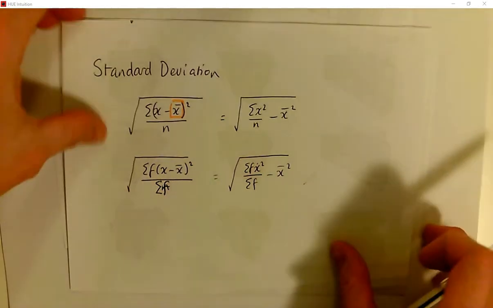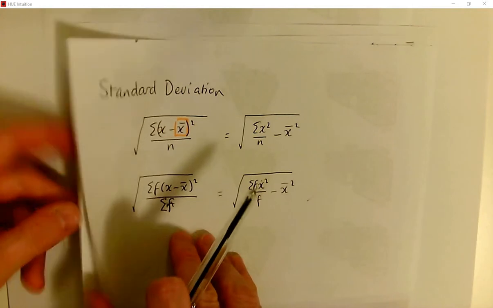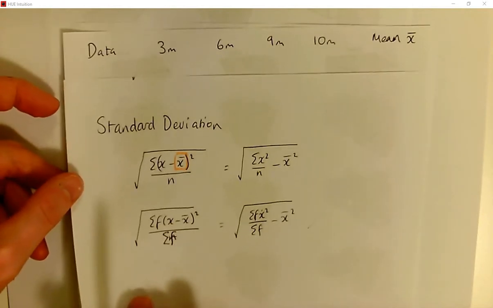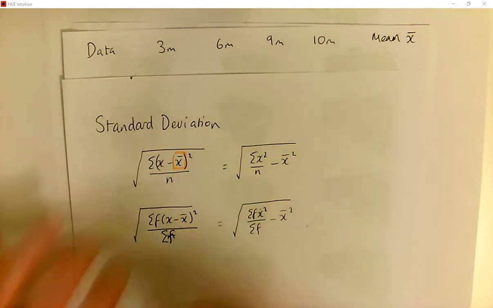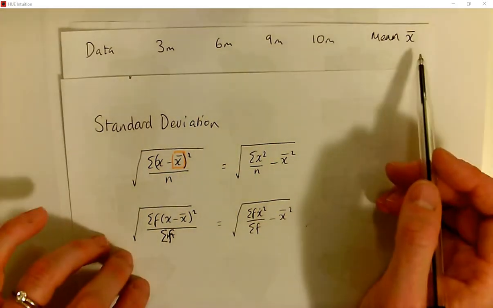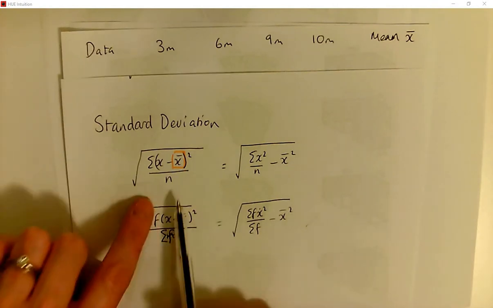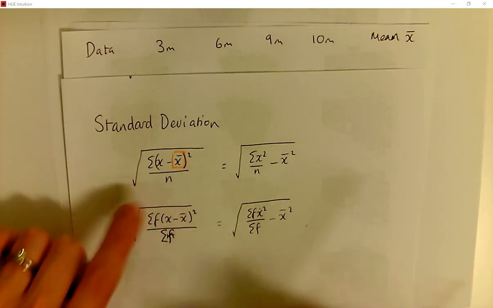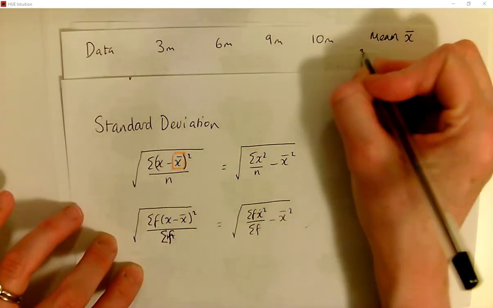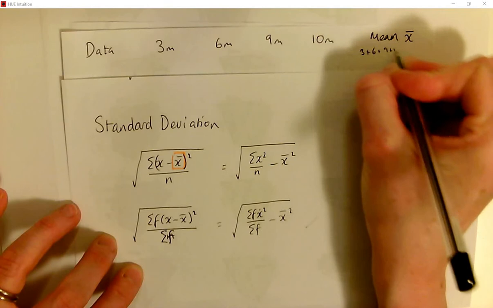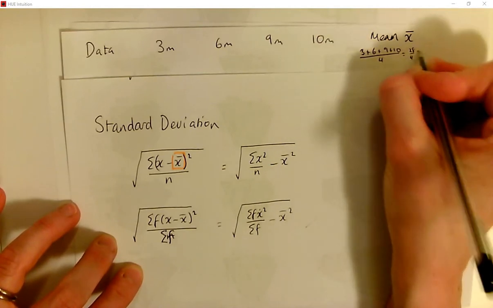Let's imagine we've got some data, so I've just made up a couple of numbers. Okay, so here's some data: 3, 6, 9 and 10. And if we want to measure their average, we could take the mean. If we want to measure how spread out they are, we're going to look at the standard deviation for measuring how spread out they are. Okay, so let's find the mean first of all. If we add them all up, and we divide by how many there are, that's 28 over 4,